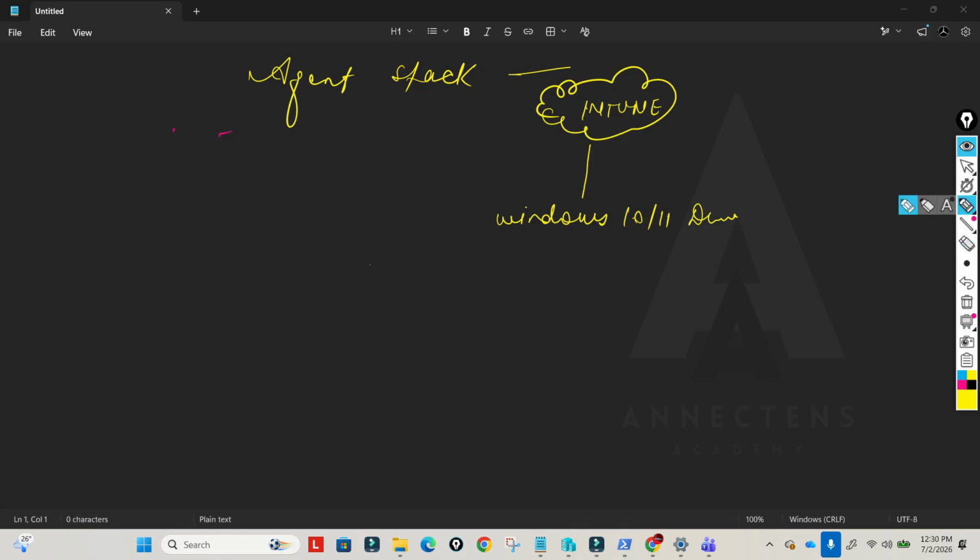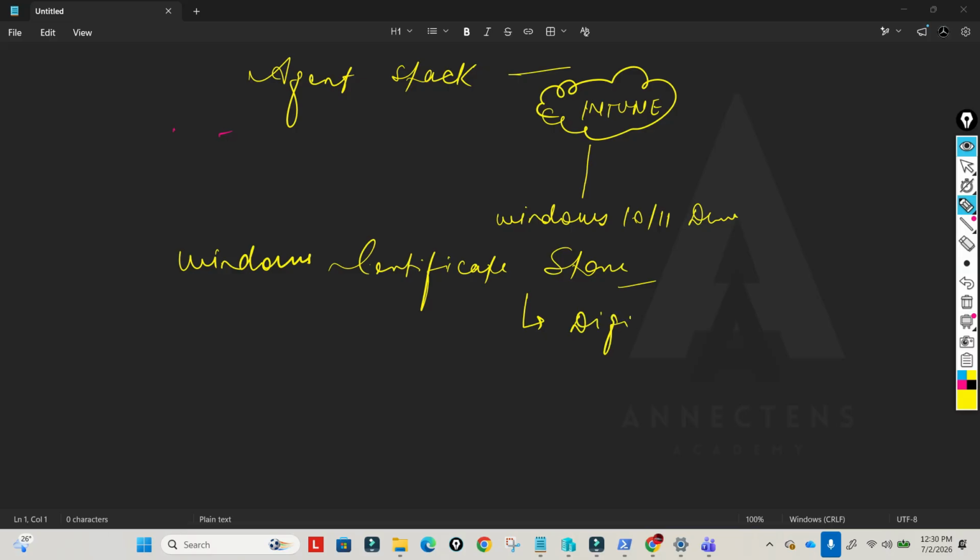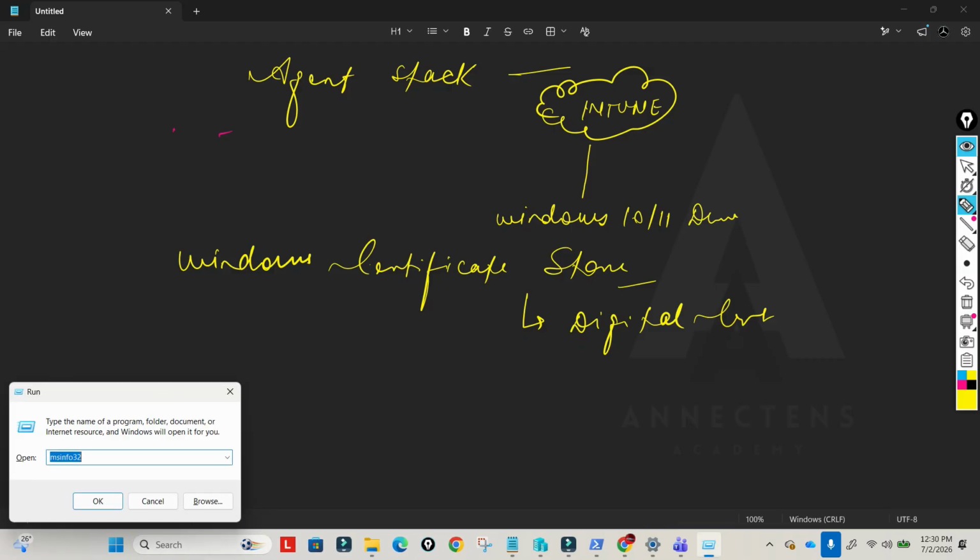The Windows certificate store is something that is at the OS level. The Windows certificate store is at the OS level. This is the repository which safeguards your digital certificates. If I show you something on this particular device,